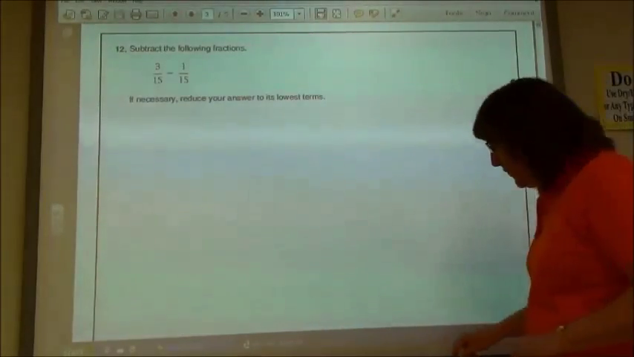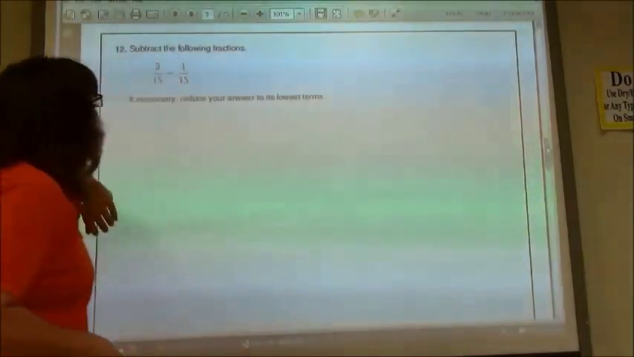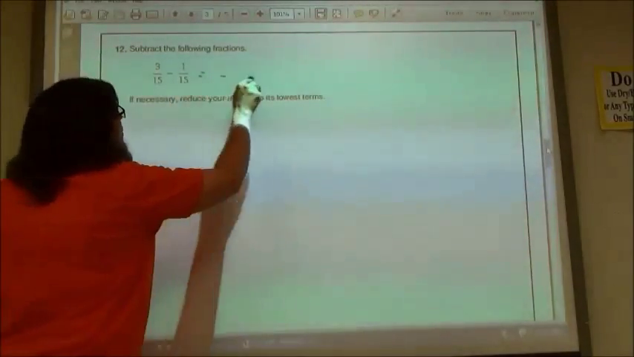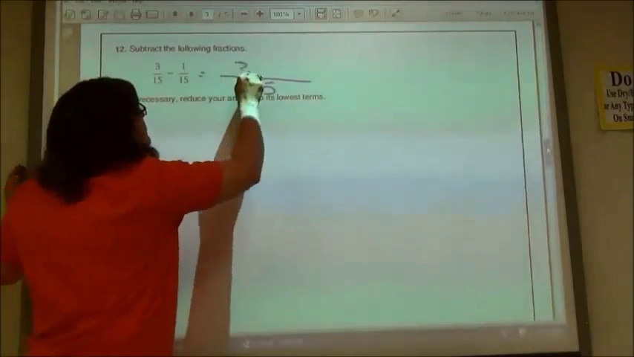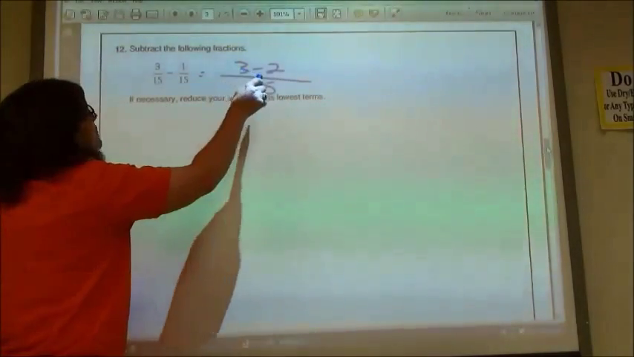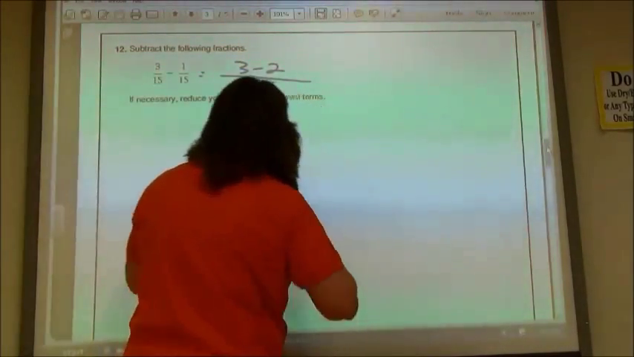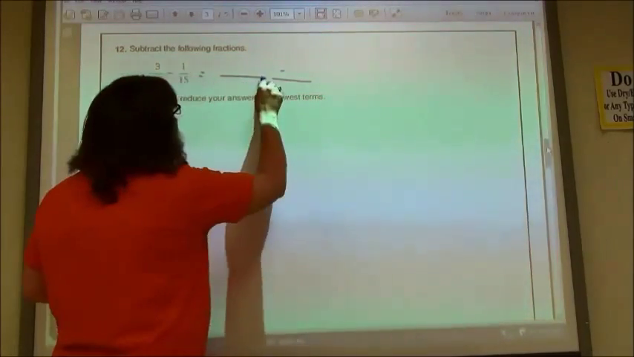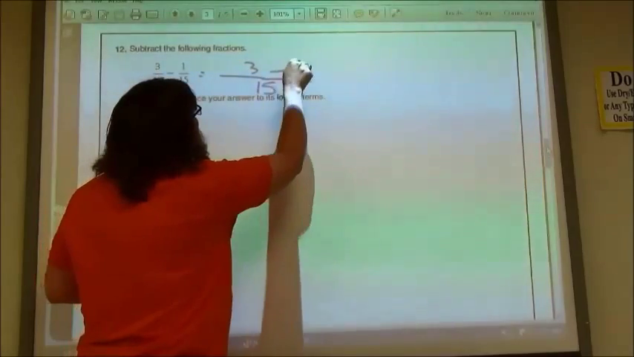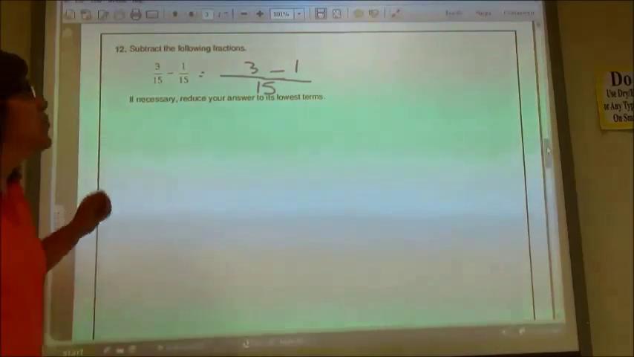Number 12, again, we already have a common denominator. This one we're subtracting, but our denominator is going to stay the same. We're just going to subtract the numerators. So 3 minus, not 2, helps if I write the right problem down. 3 minus 1 is what I have up there. And so 3 minus 1 is going to give us